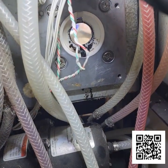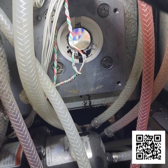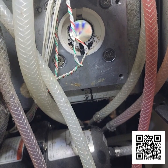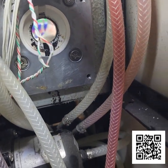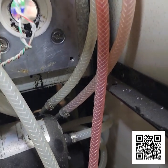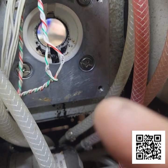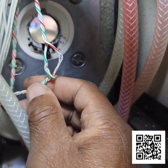Okay, everybody, I just discovered something here, and this is probably the reason why the fuses were blowing on that lower board. I just wanted to show this to you, so you can see what I'm looking at too. But these wires here, the red stripe wire and the green stripe wire,